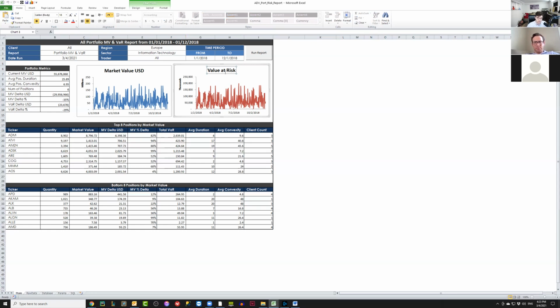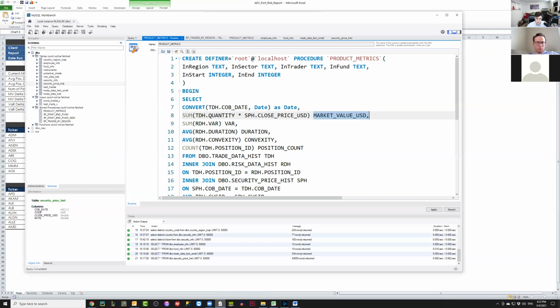The reporting part is very simple. And I can show you the code that generated this, which is probably just about as complex as we'll get in terms of code. If you look at it, all you have to know how to do is a sum or an average. The most complicated code here is quantity times close price is market value. There's no advanced finance techniques or understanding portfolios or how things are going in the market. None of that. It's a reporting course, so I don't want to make it too complicated from that perspective.